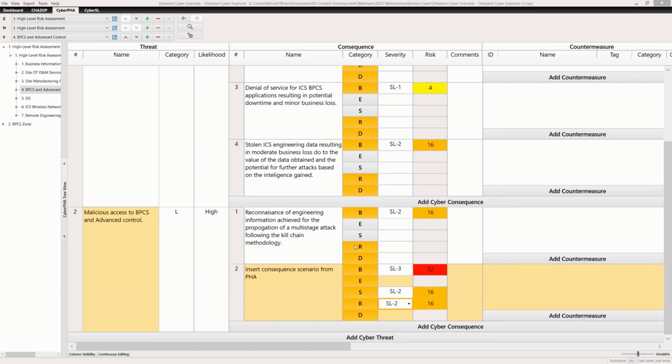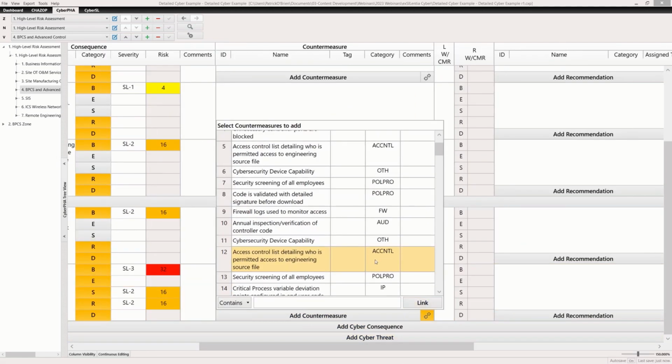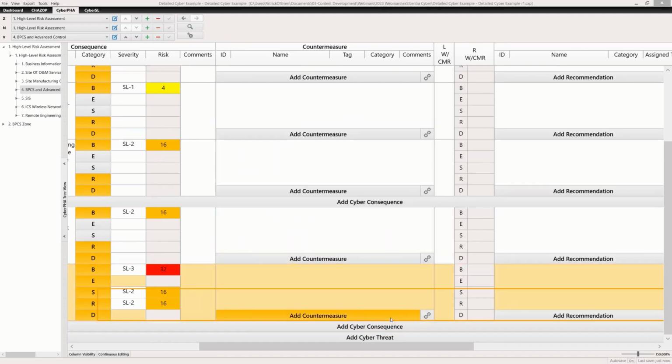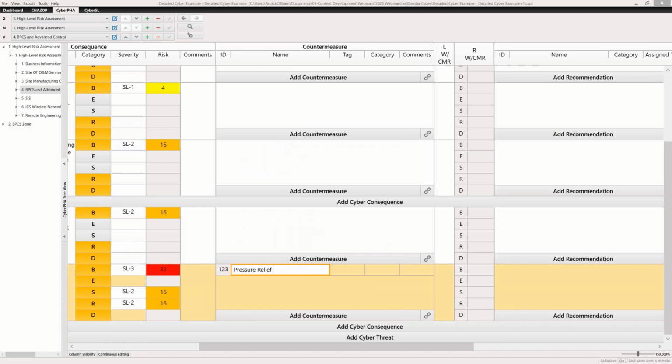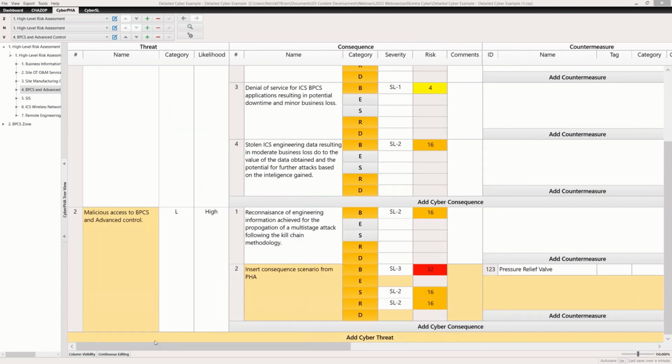And that will then make sure that we are ranking things the same way, whether we're looking at it in a safety or cyber risk assessment. If we have any sort of non-hackable protections that come into play, such as a pressure relief valve that we identify would be effective for that scenario, we could link that and look at the corresponding likelihood reduction. But those non-hackable protections are really the only ones that we would consider at the initial risk assessment or that